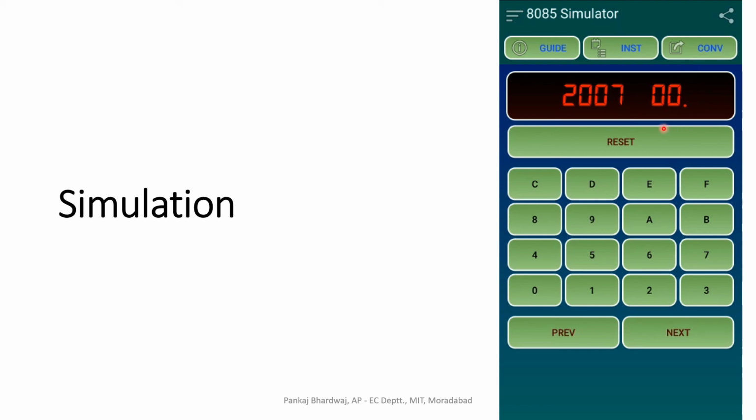So correspondingly bits are entered. At 200A we have C6, 200B we have 01.